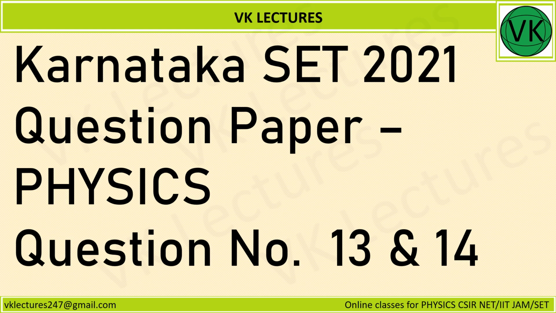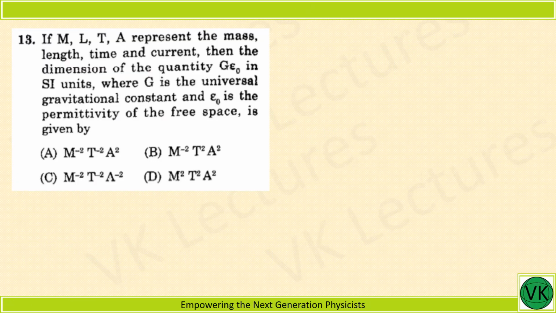In this lecture, we are discussing the Karnataka Set 2021 question paper for physics, question number 13 and 14. The 13th question: If M, L, T and A represent the mass, length, time and current, then the dimension of the quantity G times epsilon naught in SI units, where G is the universal gravitational constant and epsilon naught is the permittivity of free space. Now we know that